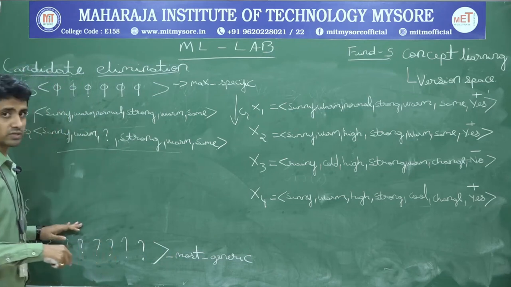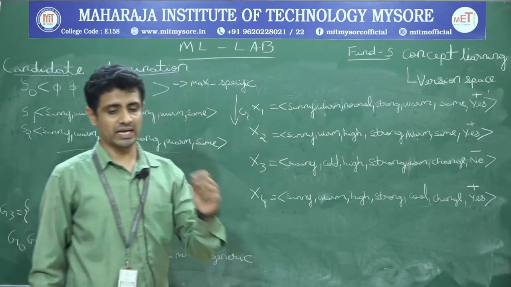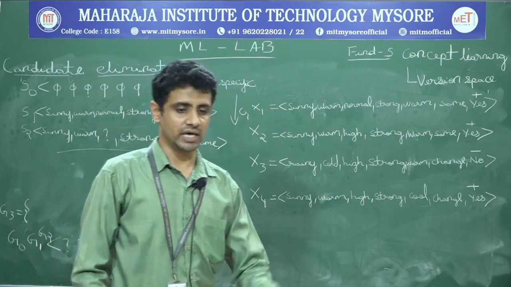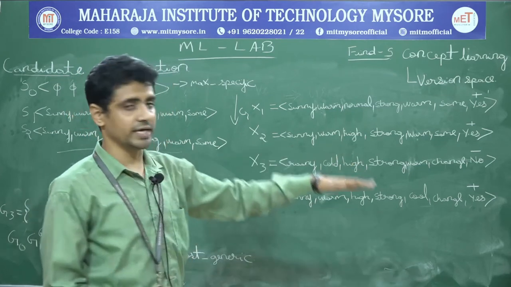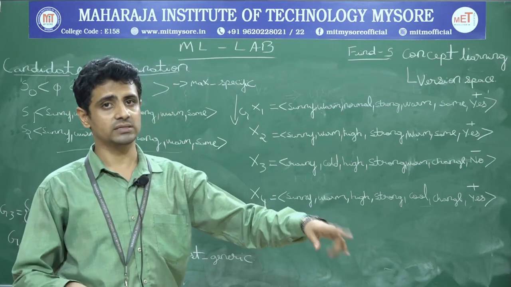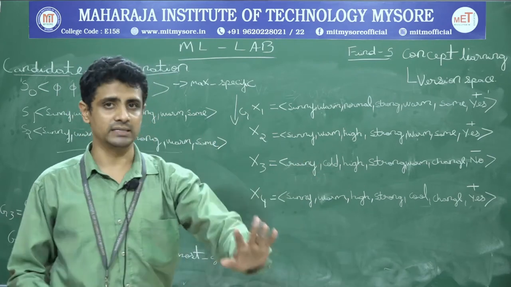But we need to now go with the general. Why general? Because I have a negative example. See people, when I say negative example, what I am saying is I need to use this training data. In future, if I give this same kind of data, I need to be able to classify it as not a chair, or not a car, or the game cannot be played, something like that.